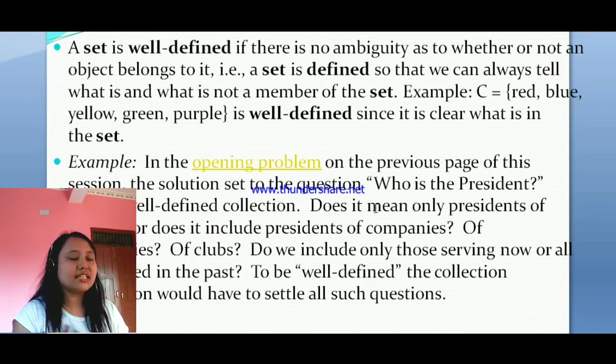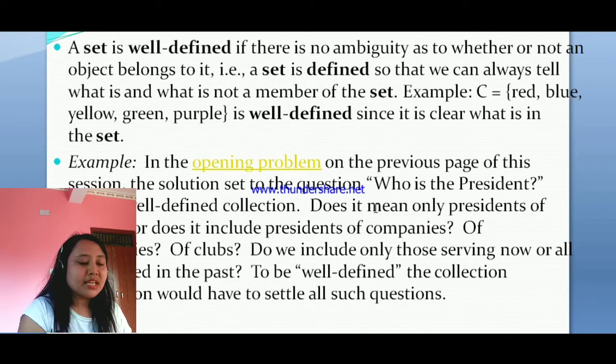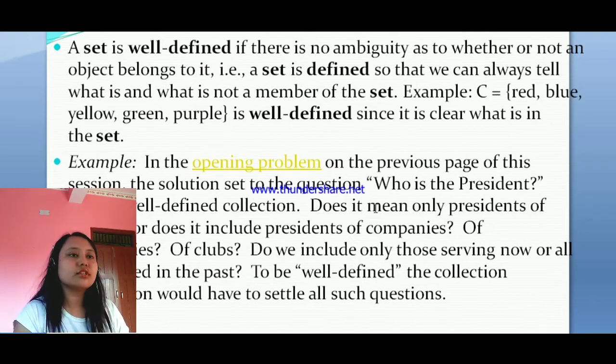You may also have seen a president of the Rotary Club, a president of the Interact Club. So in clubs also there are presidents, in universities also there are presidents, in different sorts of companies also there are presidents, and in a nation also there is a president. So what does "who is the president" mean? Has it given any specified question related to companies? No. That's why this question is also ambiguous.